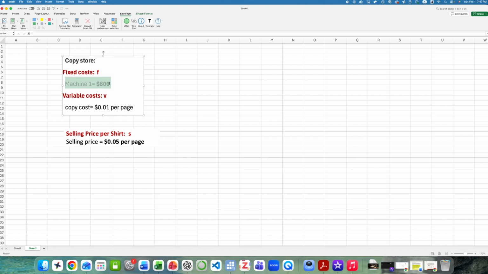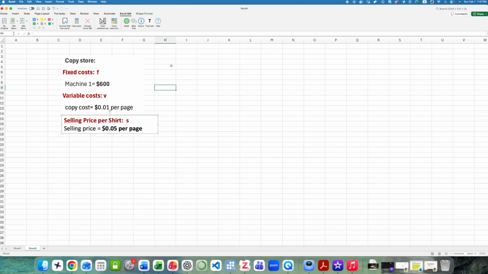Let's say we want to add a copy machine to the copy store. The machine itself was $600. It's considered as the fixed cost, and for every page of copy there is a cost of 0.01. The selling price for each page of the copy is $0.05 per page. Let's perform a simple break-even point analysis for this problem. We want to know how many copied pages we need